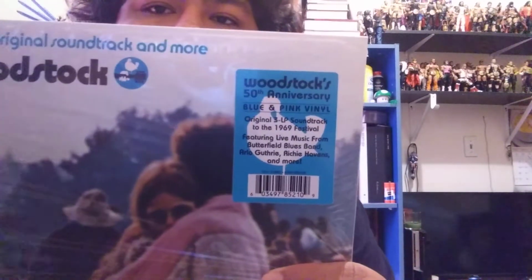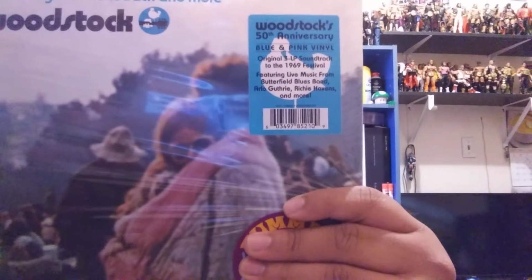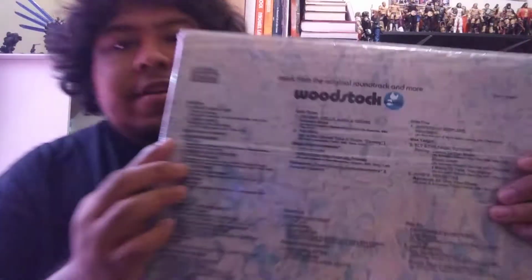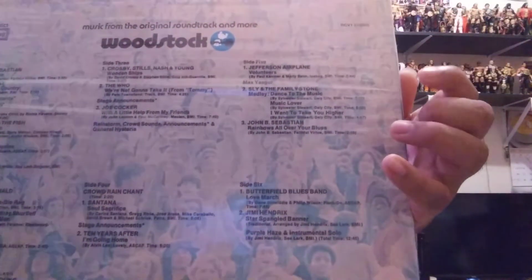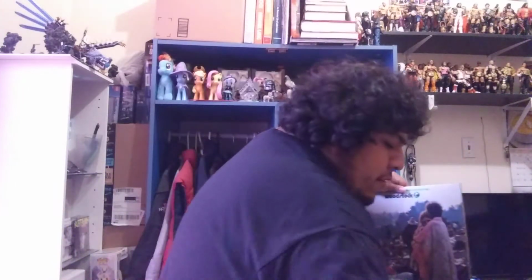So this is the very first one, released in 1969. Not sure that's focusing. I'm trying to. I'm sorry. Okay, and this is the hype sticker for this. Like I said, '69. There's the track listing, sort of like a compilation of the 3 day festival that happened. This is a tie in for the movie that was released in 1970, and this is when the record was released. So, this is a very iconic front cover,